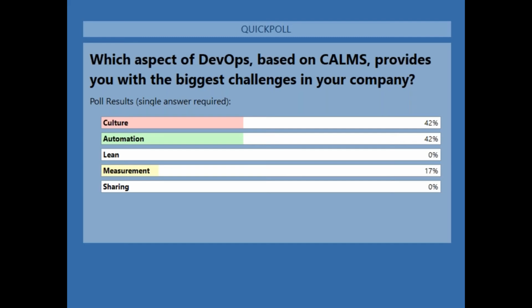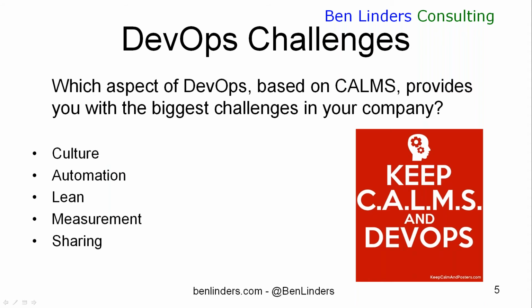And I think those two are indeed very, very challenging parts of DevOps. Where you look at the lean part, there is much more experience, of course, with lean, which goes back to the previous century already, where organizations were working with lean and using lean also to improve practices in their organization. I think the measurement part will also remain a challenging one, as it shows with the 17% in there. I'm going to dive into all the areas and let's see what the biggest challenges are in there.